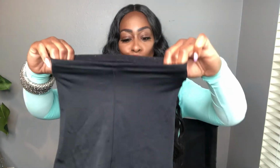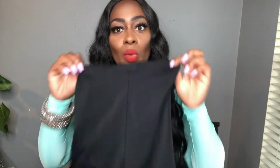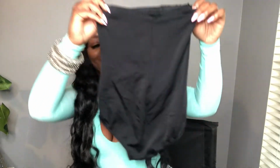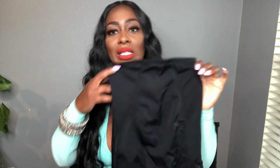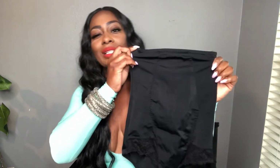Okay, this one I know I got from Walmart. It's kind of an old school girdle, but girl, this one works so good. Oh my God, this is one of my favorite ones, especially if you have heavy periods or menses. These work so good to give you that soothing effect, that comfort that you are used to with